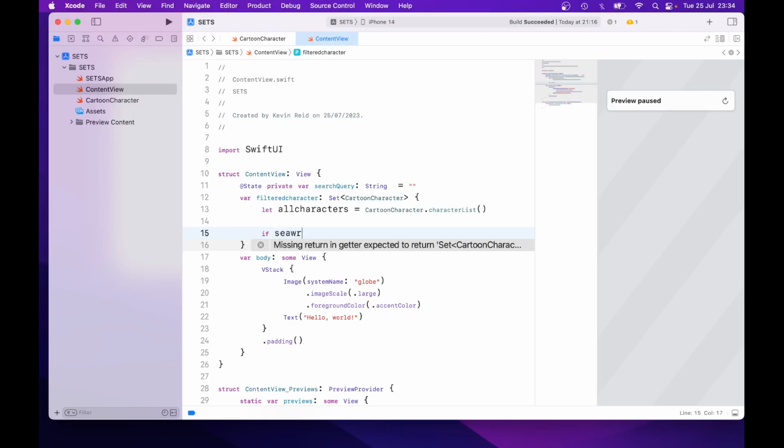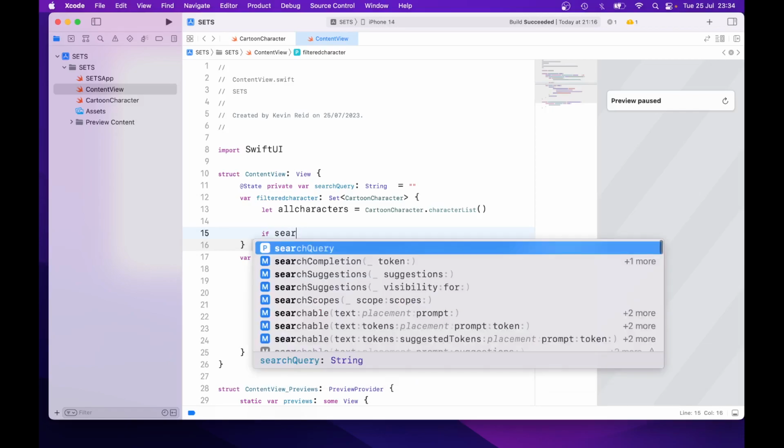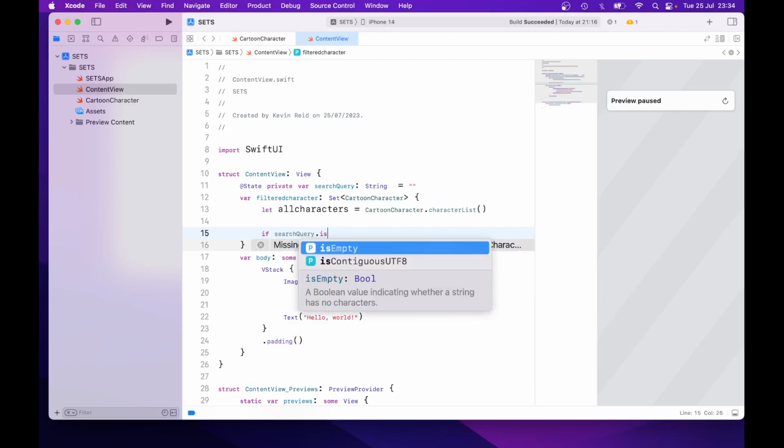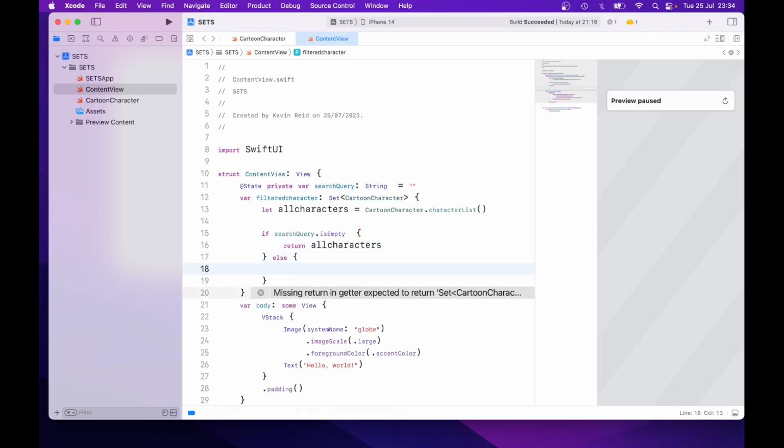If searchQuery is empty, return allCharacters. So if the user doesn't enter anything within the search text field, by default just display all of the characters in the list. Else return allCharacters